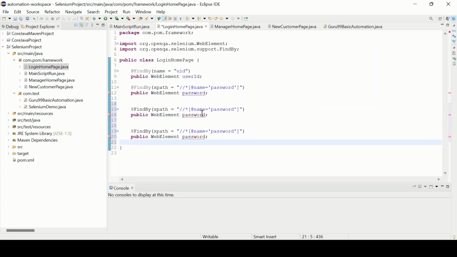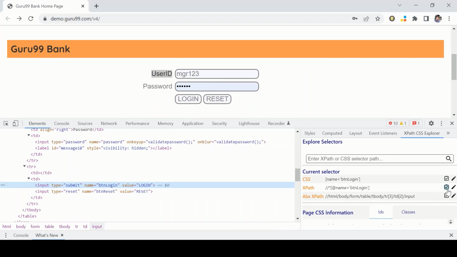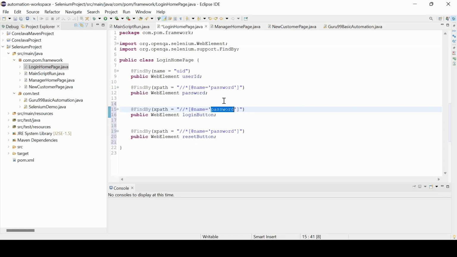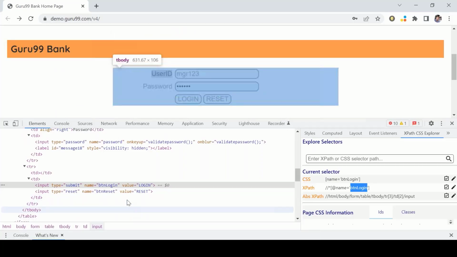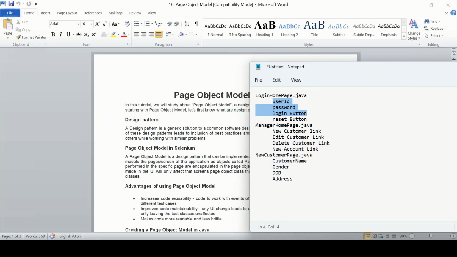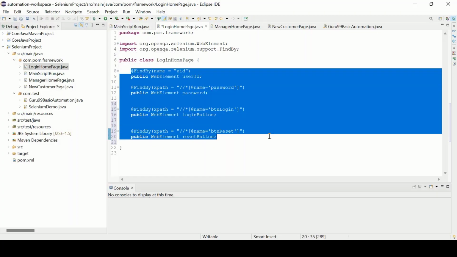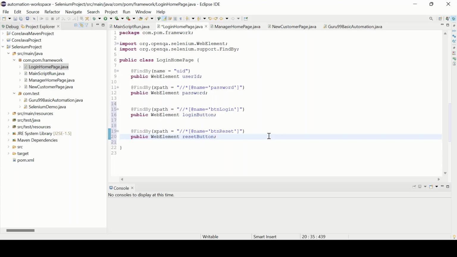Login button, and we have reset button. I'll say login btn or maybe button. This name we can put anything. Reset button. But here we have to write, for example, for login, name equal to btn. So I'll just copy this thing. Name equal to btn, and then for the reset button, we have btn reset. So this way I have included all the 4 things related to